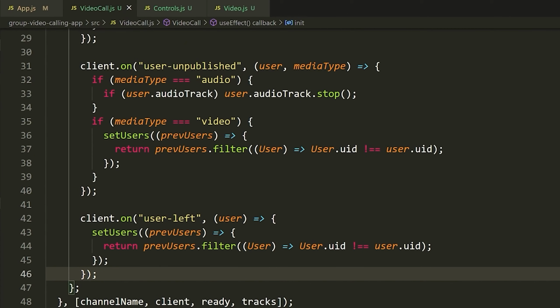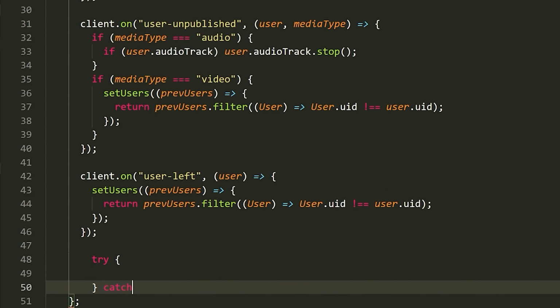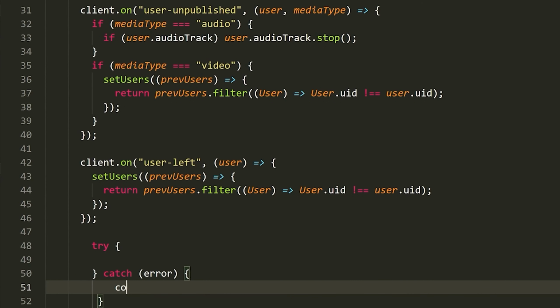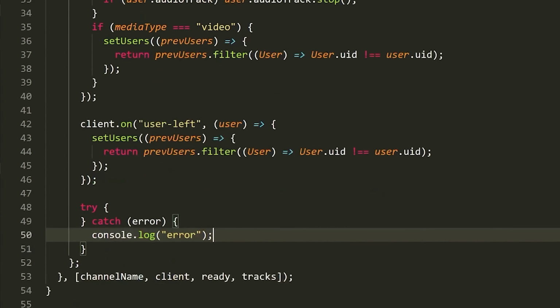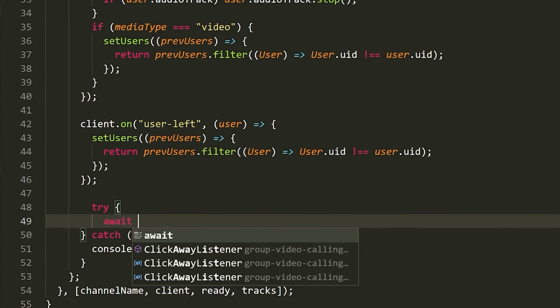So those are configured. The next thing that we need to do here is we need to try the following. So we've set our event handlers. So we're going to say try catch. We'll catch an error, and we'll just console.log error just so we can see if an error occurs. And inside of here, what we're going to try is the following. We're going to say try await